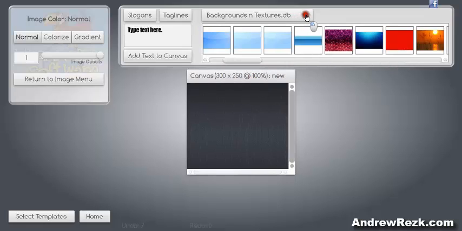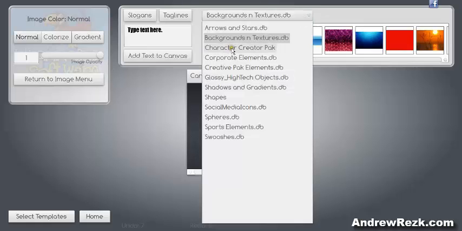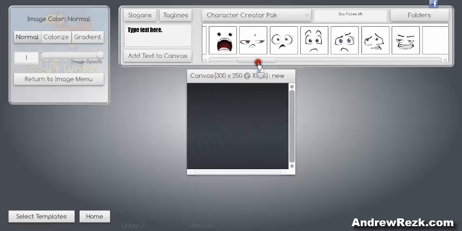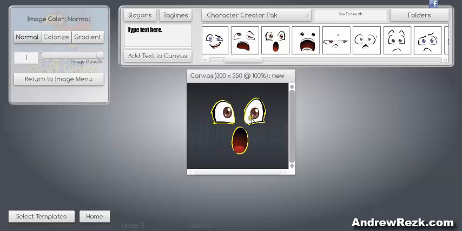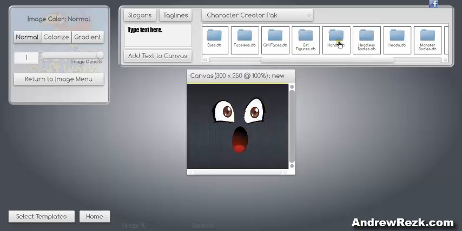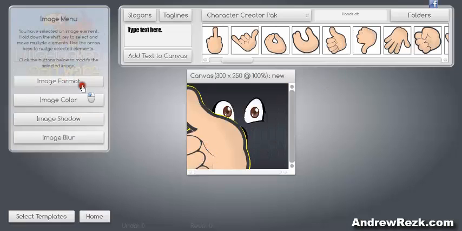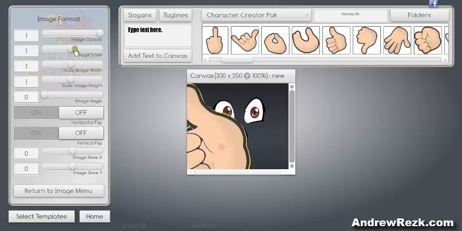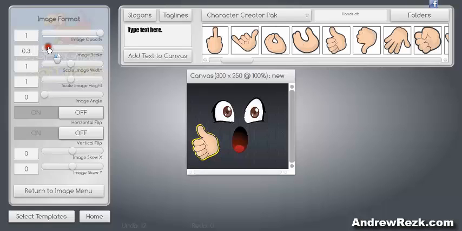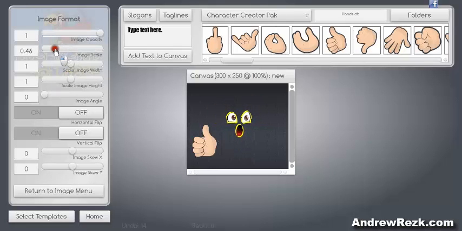I got many other options here that I can add, where I can find some faces. I can choose this face, for example. Go to hands like this, and with each element I get all the options I need. I can scale the image, I can change the color of the image, I can rotate the image, you know, like this. I got full control on each element inside the software,